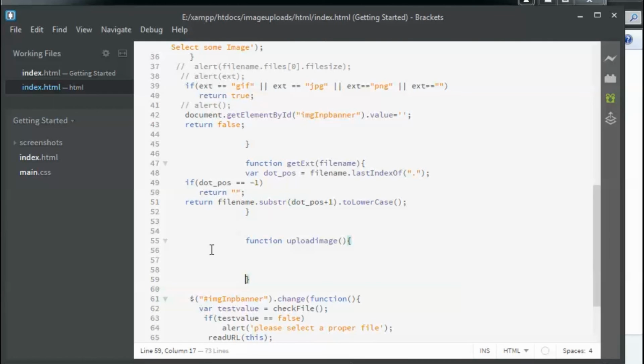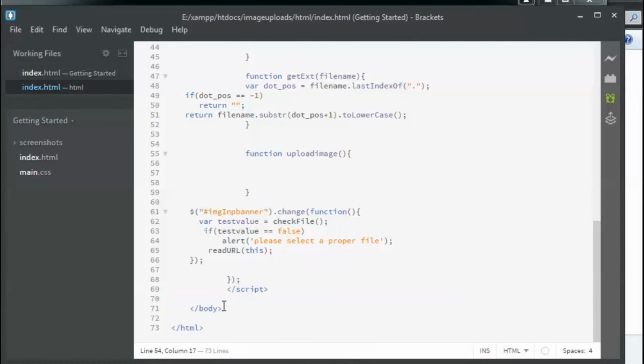I'm pressing Ctrl S. Now we are going to create a new button, and on the button we are going to put an onclick event.